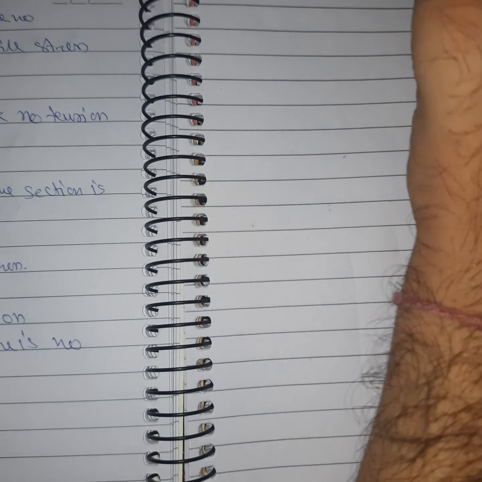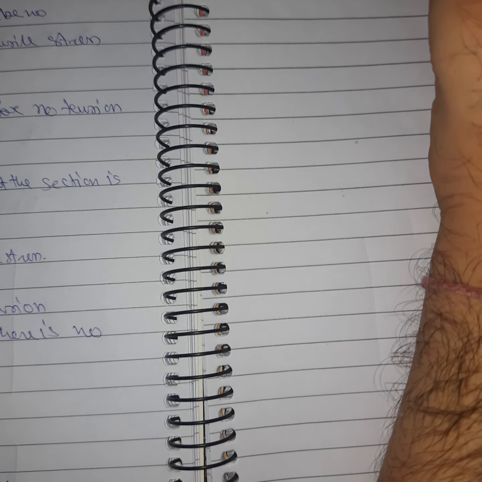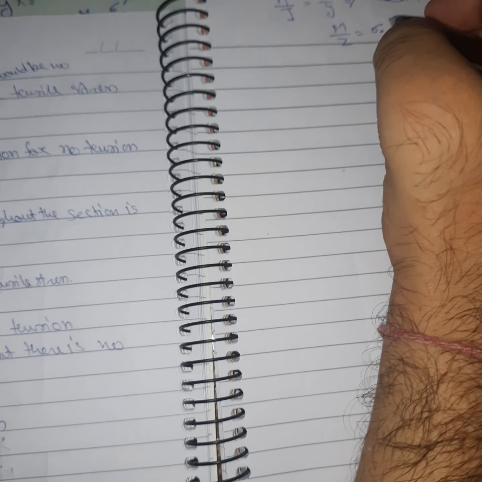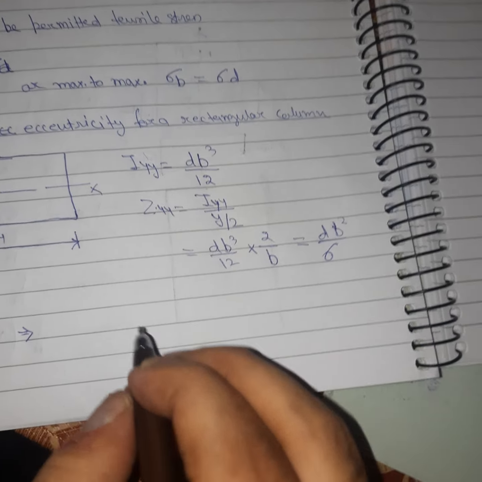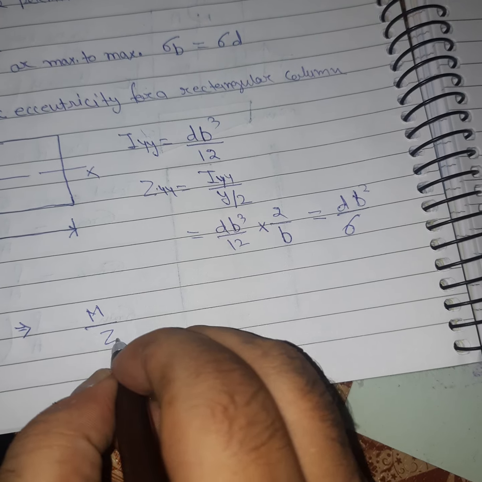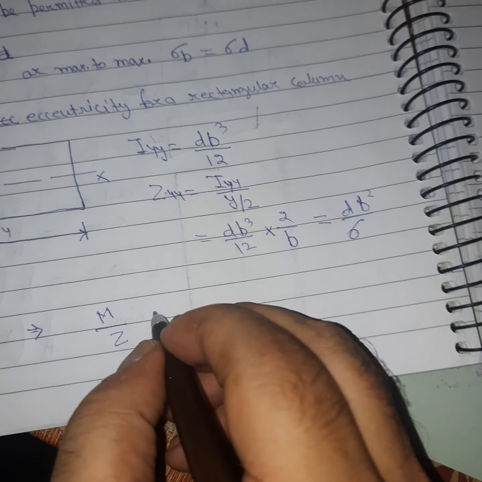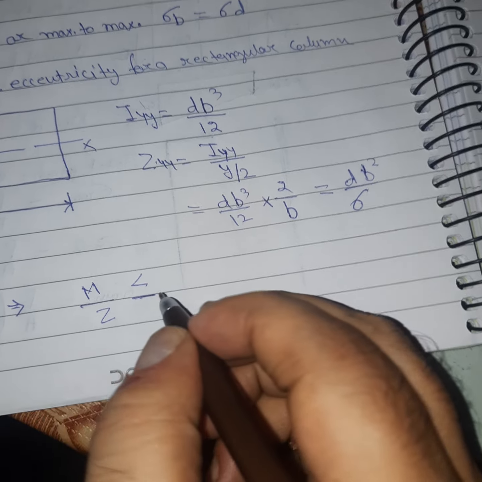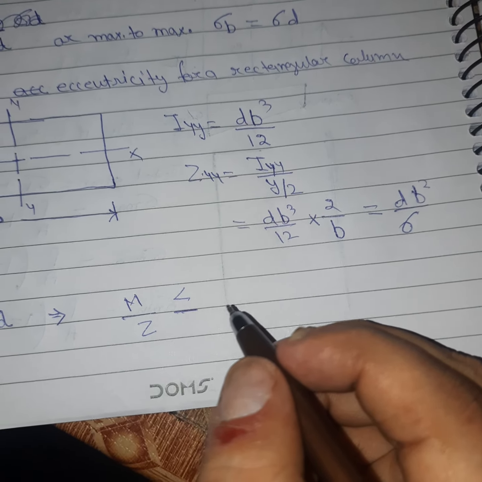Sigma b is equal to M into 1 upon Z, so M over Z is equal to sigma bending. Let's put the value over here. M upon Z is less than or equal to